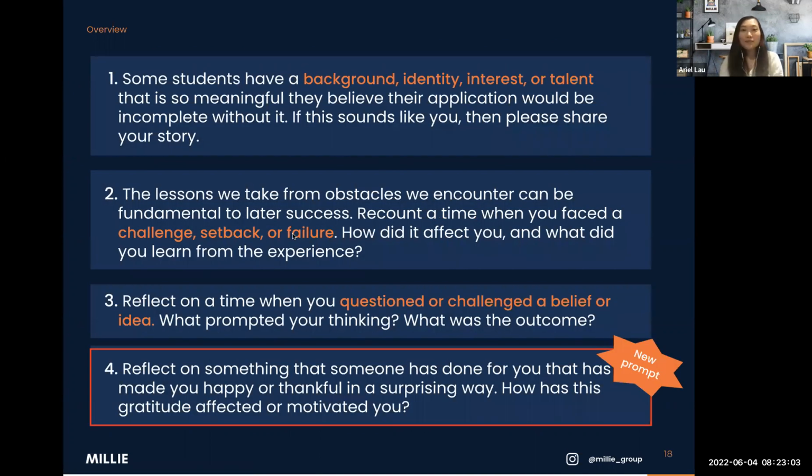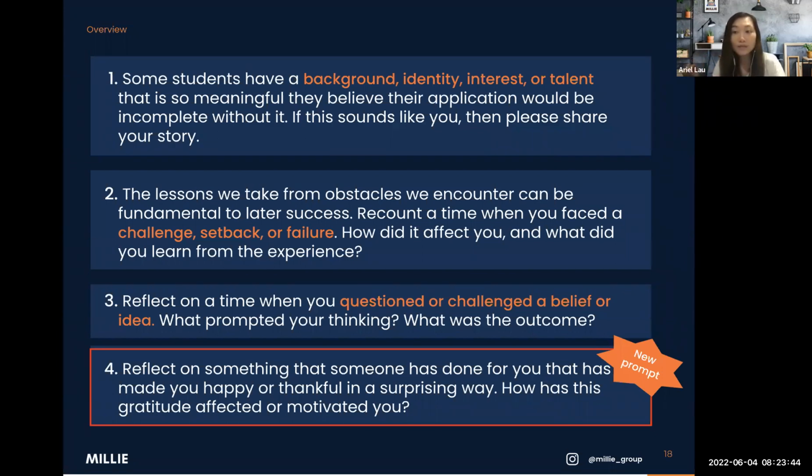So let's see some of the prompts that actually exist in the Common App prompt collection. The first one deals with background, identity, interests, or talents. This one is the most popular one, I would say, among the 7 prompts that they give you to choose from. And this is also very popular among international students because they always have a very interesting cultural background to share. If that seems like your type of essay, or if you have a personal story or personal anecdote to tell, I do think that this would be a great one for international students.